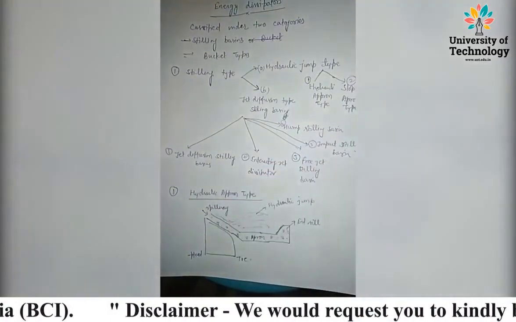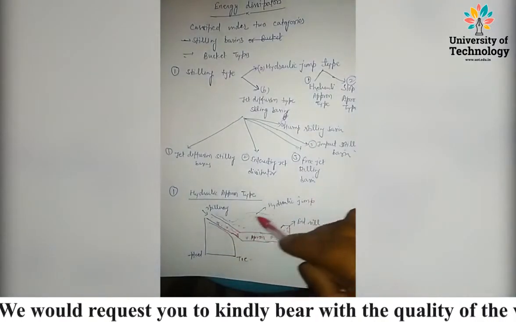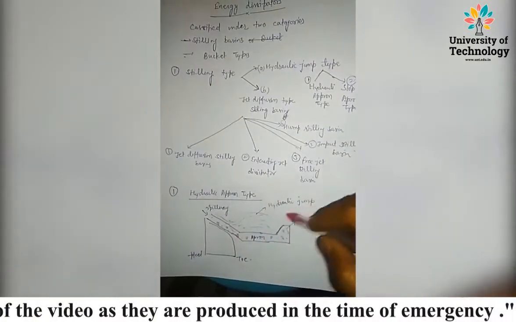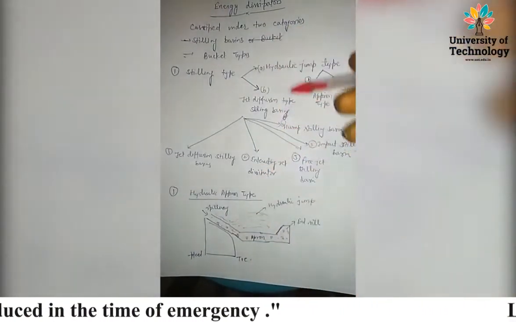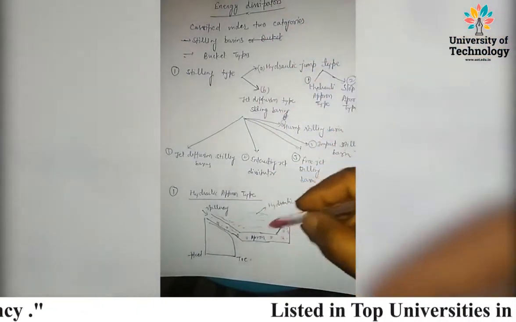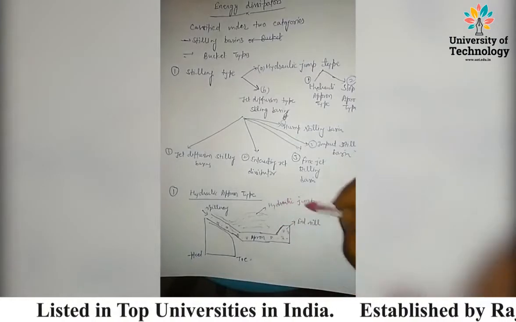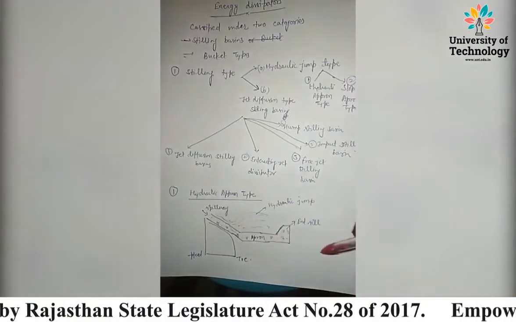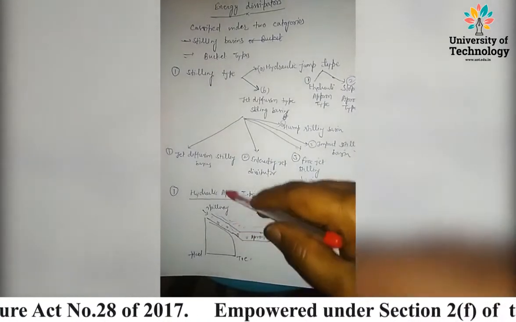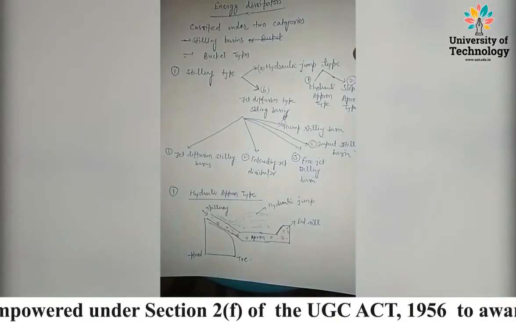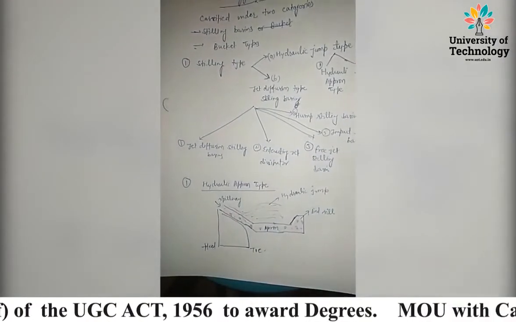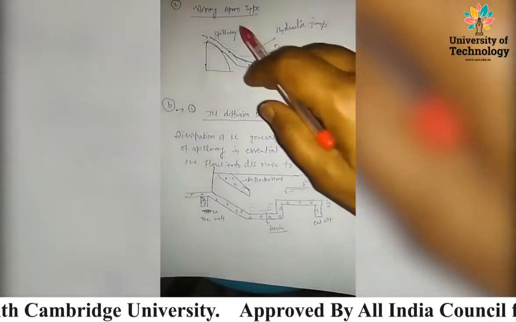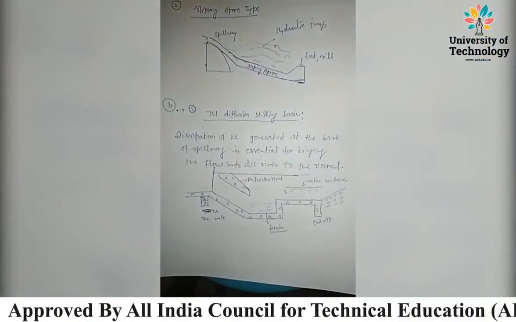You can see here, and this is the water profile in this apron, in this basin, in the energy dissipator spillway. So this is the hydraulic jump phenomenon. You can see here, and sill means it is the end part of the structure. So it is the hydraulic apron type of dissipator we will use. Second one is the sloping apron type of dissipator.